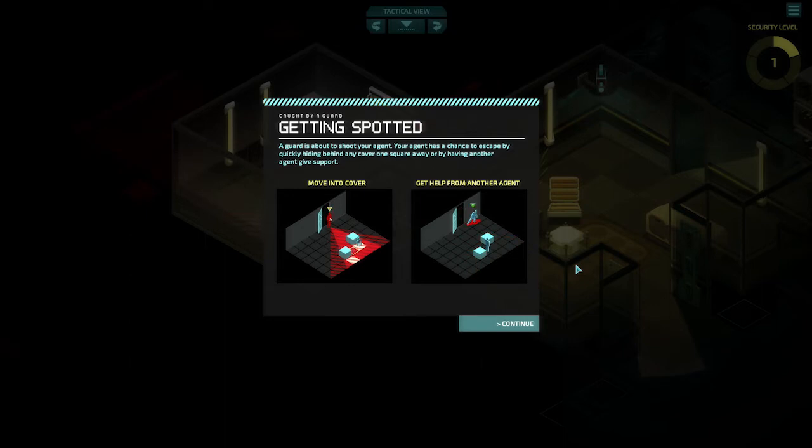Getting spotted. A guard is about to shoot your agent. Your agent has a chance to escape by quickly hiding behind any cover, one square away, or by having another...